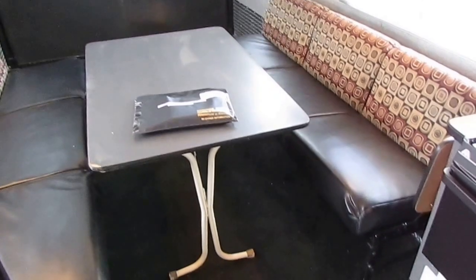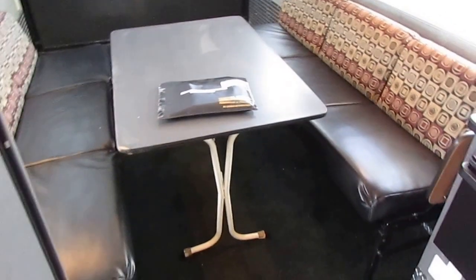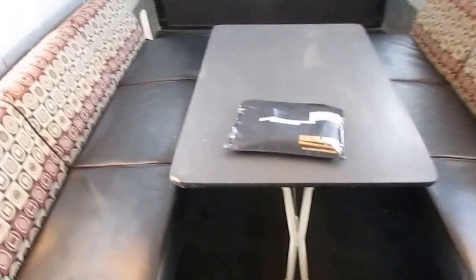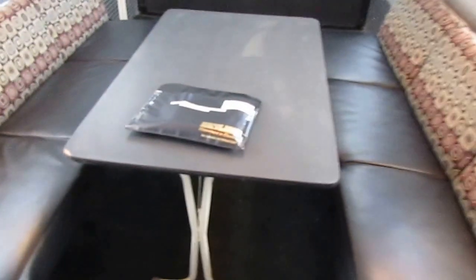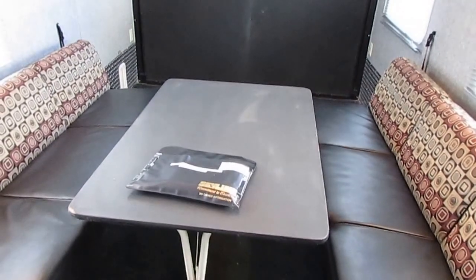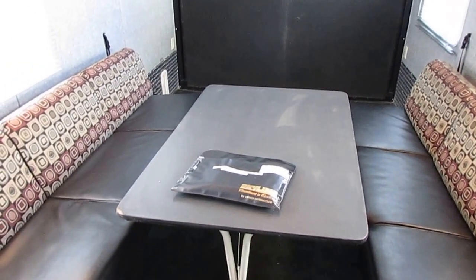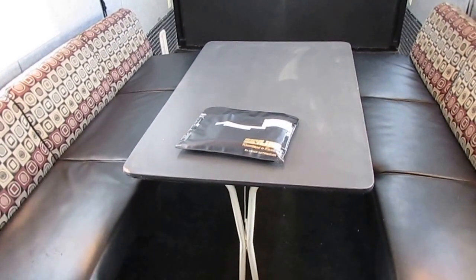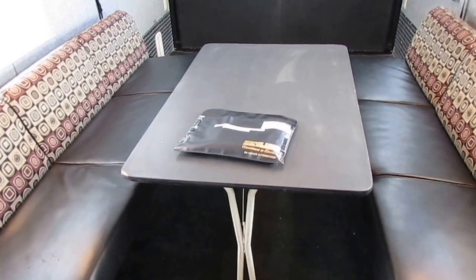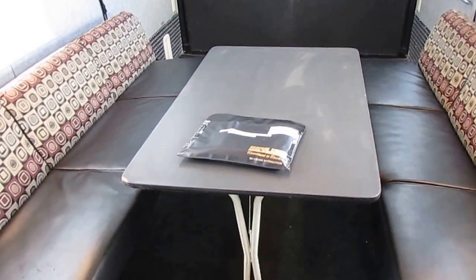Now, folks, that price is haggle-free if you take it with the inspection, the warranty, and of course, it includes a walkthrough demonstration by the RV tech that checked it out. That price is non-negotiable. I don't care how you pay for it, how far away you come to get it. That price is non-negotiable. If you want to buy it as is, without the warranty, without the inspection, without the walkthrough, because all those things cost us a lot of money, and I've said it before in my other videos,